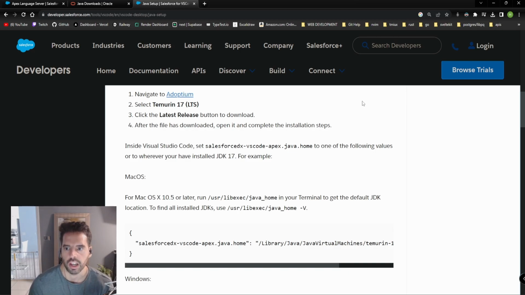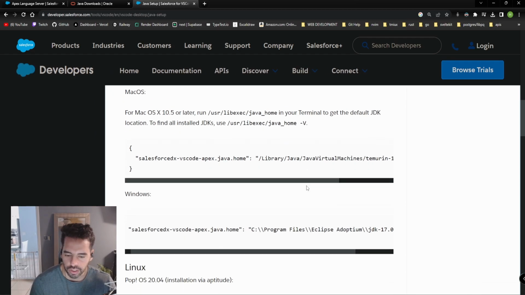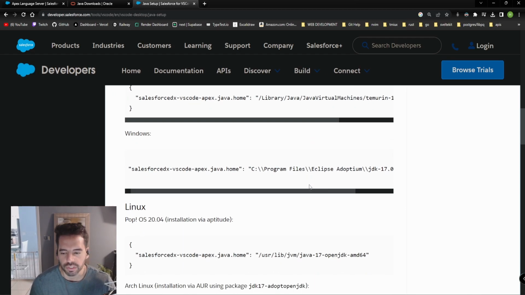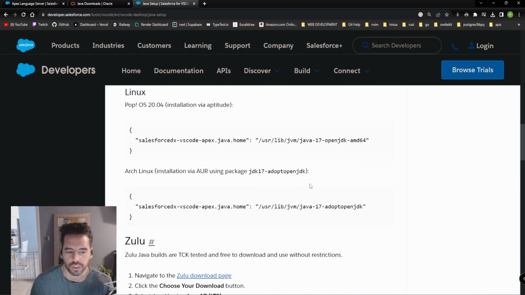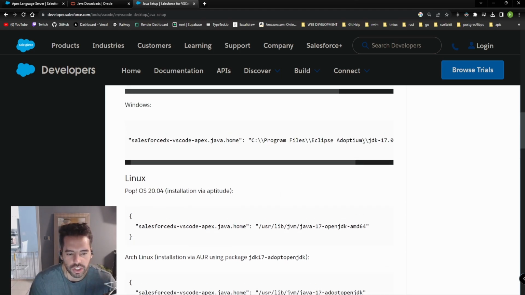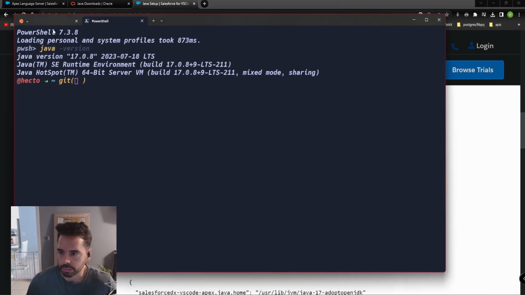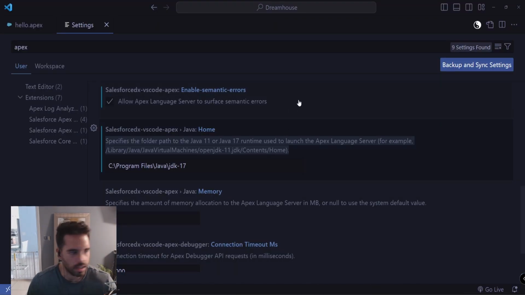developer.salesforce.com/tools/vscode/english/vscode desktop/java setup. Usually here are the path files, roughly where the JDK is downloaded. Depending, you might have to change it. I changed it a little bit, but it was in my Program Files, for my Windows environment. So that's pretty much how you set up